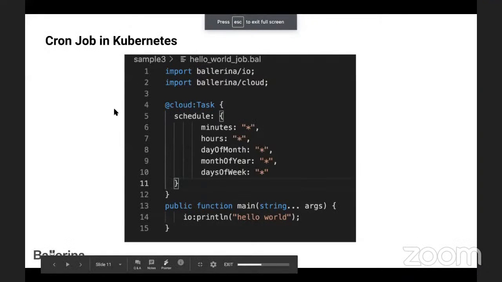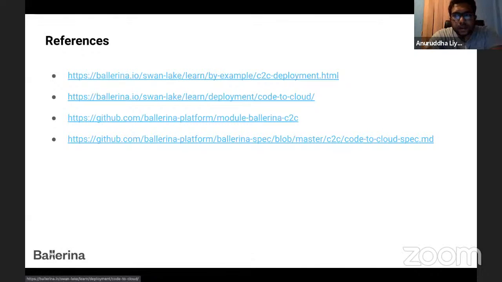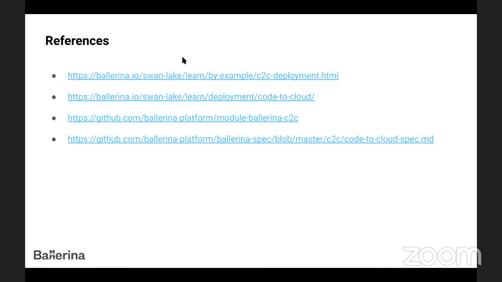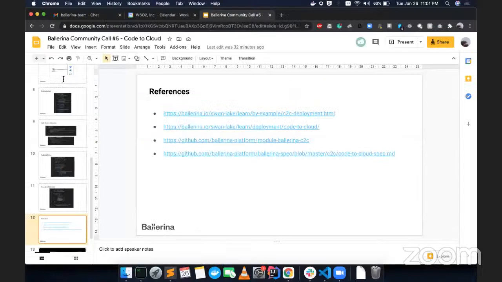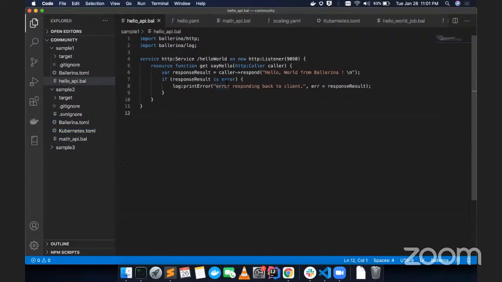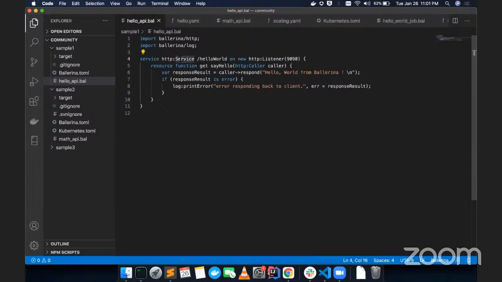Anirudh, sorry, I have another question. Can you please go back to the sample service code? The VS Code. On line number 4, the HTTP service, is the service type a must?